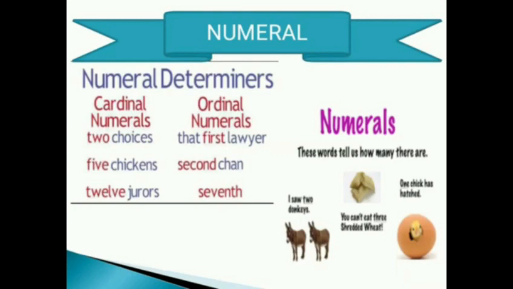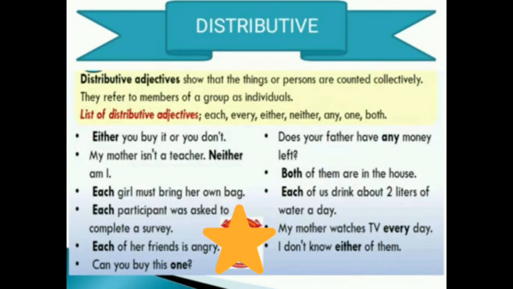Okay. Now next is called distributive determiners. And what do you mean by this? Distribution. When we divide something, when we distribute something in groups or as individuals. So they are the ones basically used for distribution of something, and the words that reflect these determiners are each, every, either, neither, many, and all. Okay, so we will go through this determiner with more examples.